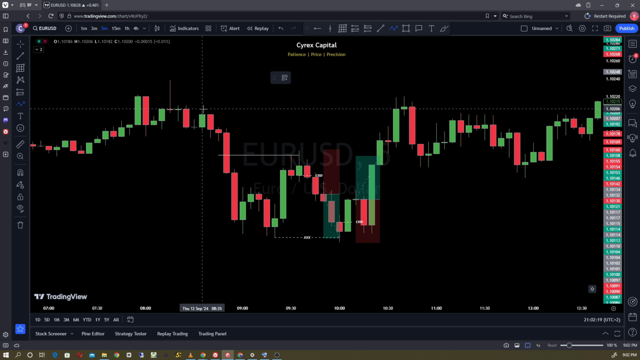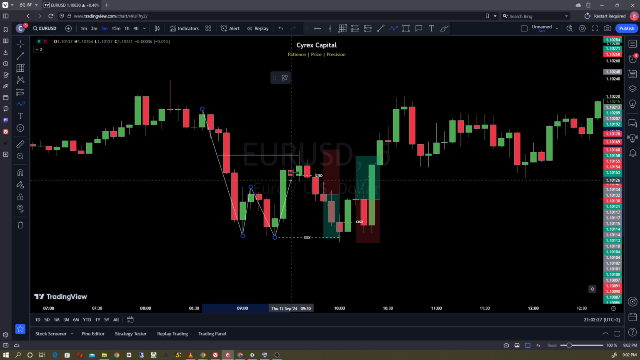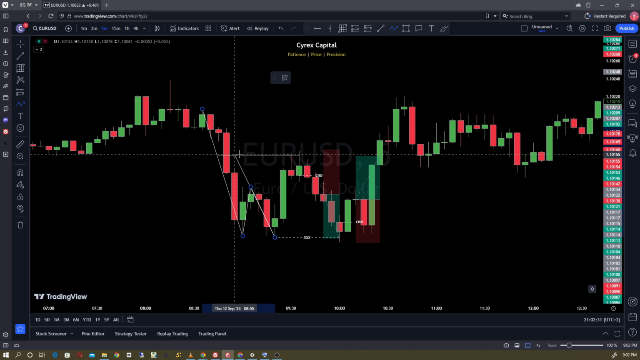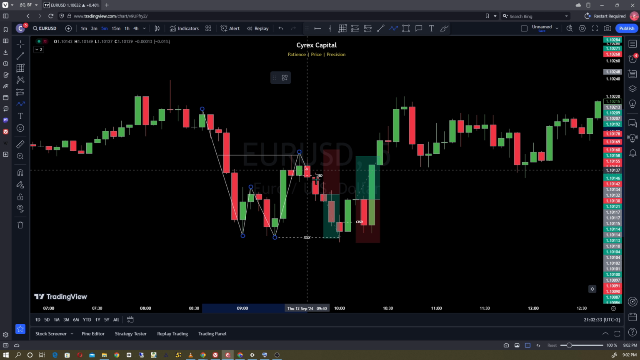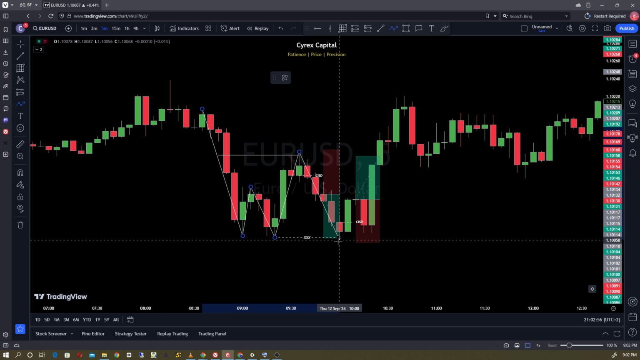So yeah, price came down, right? It swept liquidity over here, went up, came to this consequent encroachment of this imbalance right here, tapped over there. Price gave us a CISD, so I entered on the following candle closure here. Stop loss was here, targeted 1-to-1,